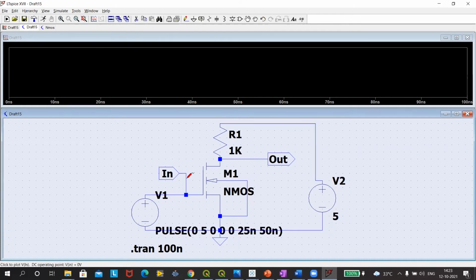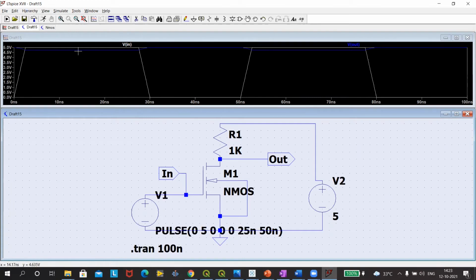Now we want to see what is our input and what is the corresponding output. So we can clearly see when it is high, the output is slightly lesser than the 5 volt. Good, but the lows are not good and the difference between high and low is very small. Because under the low condition, still so much voltage is there. So there will be a lot of